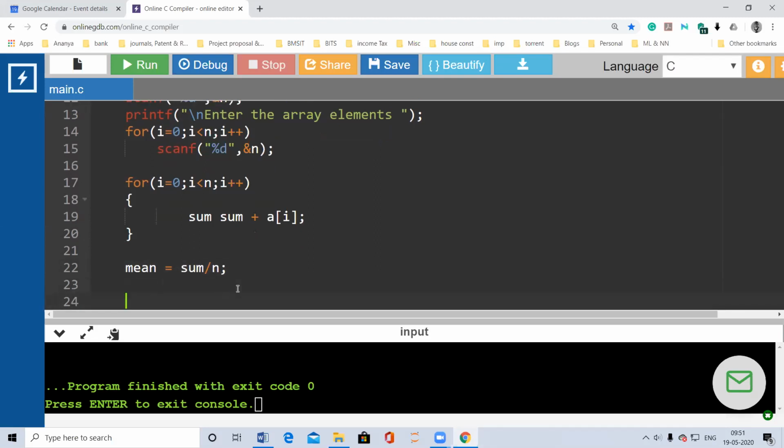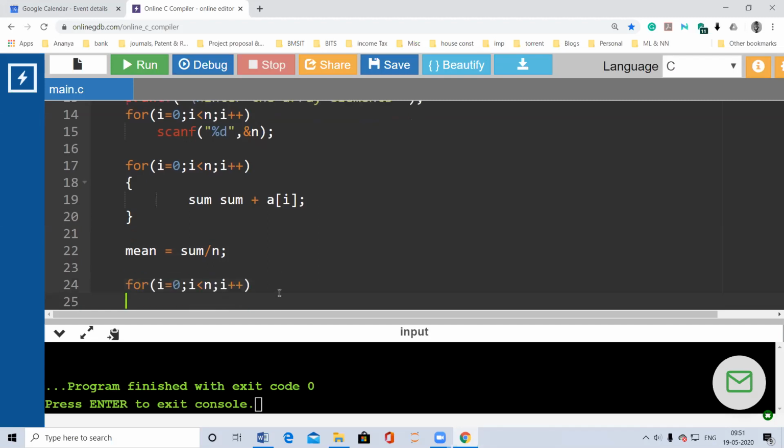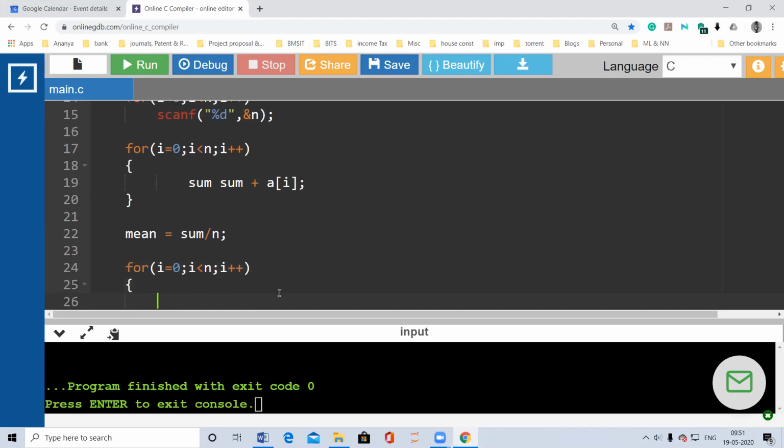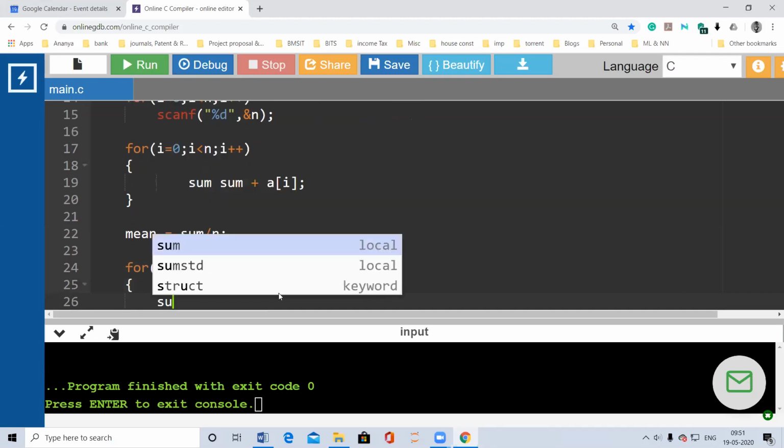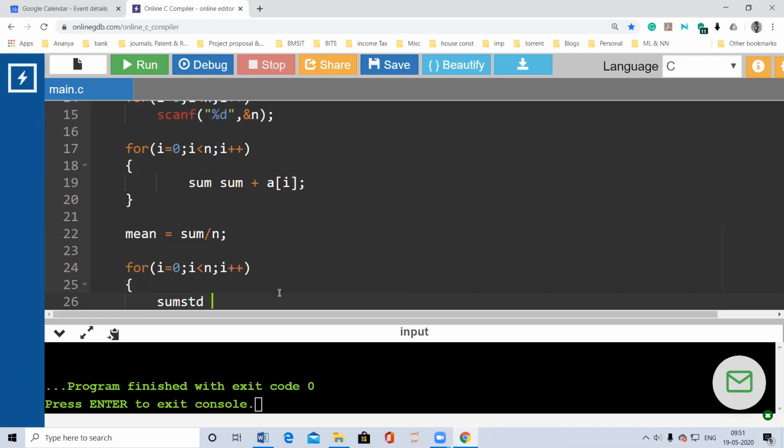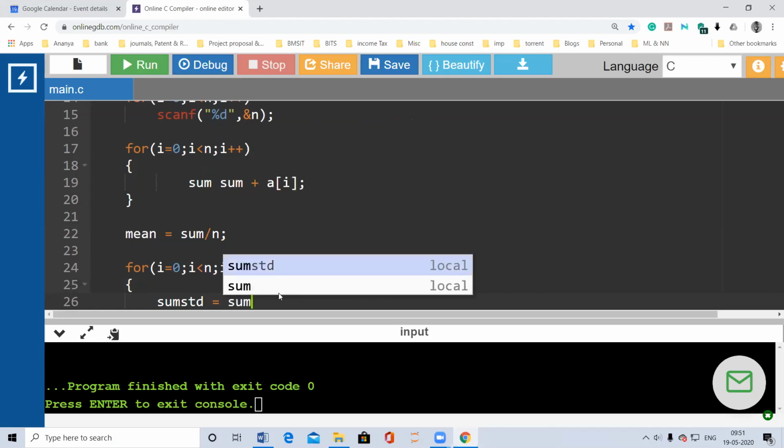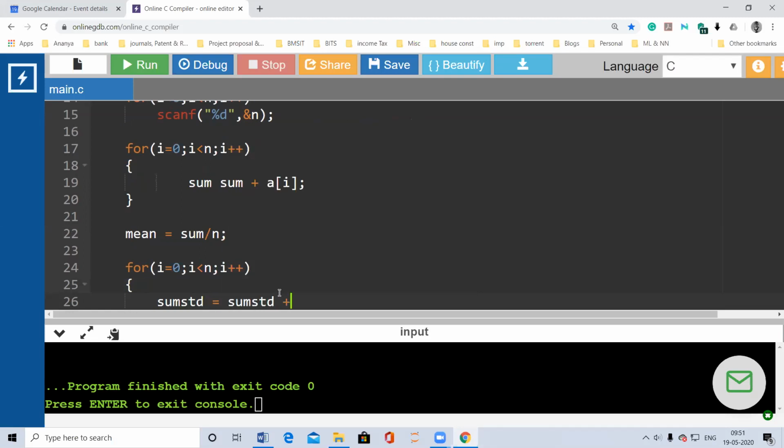Now I will calculate the summation, that is, (xi minus mean) whole square. So how do I do that? So I need another for loop. In a for loop, I will now be summing it up. Sum std equal to sum std plus power.